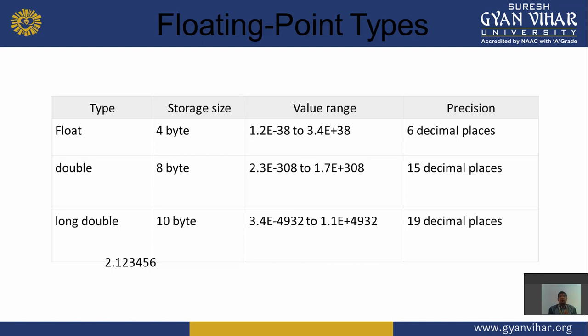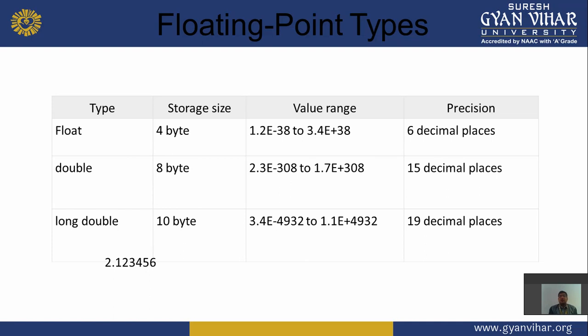But when we work on sun-scale ranges, or work at NASA, float is too small to store the value. Then double was launched, and the size of double is 8 bytes. It is just double the float data type, and the range is also double, and it stores more decimal places.